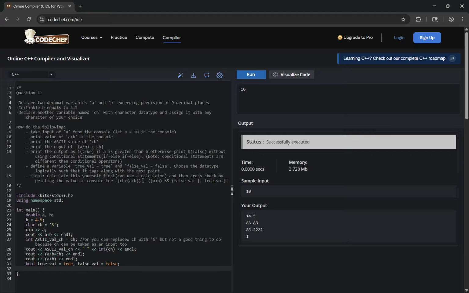Calculate this yourself first. You can use the calculator and then cross check by printing the value on console for ch by a plus b. So I'll just be writing what the output will be. 81 by a plus b is basically 14.5, and minus a greater than b was actually 1, and we can just